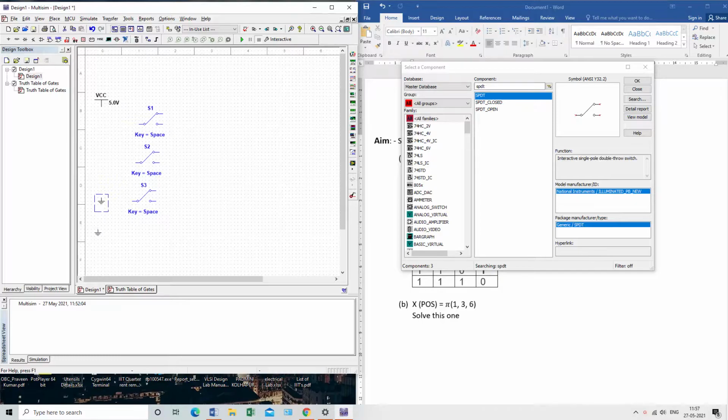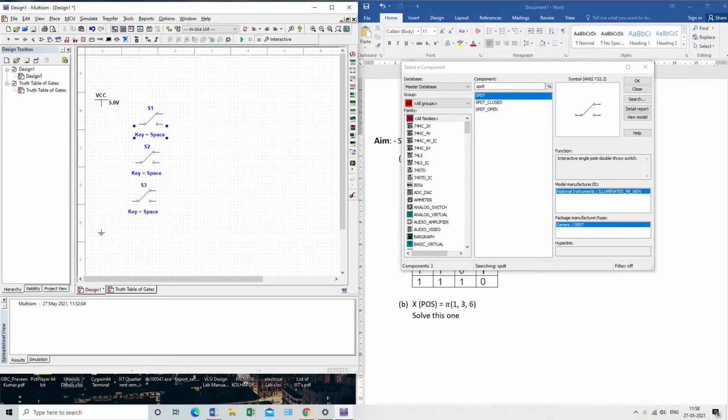Now this is for the three inputs A, B, C. I will name them. Okay, so I got three switches.